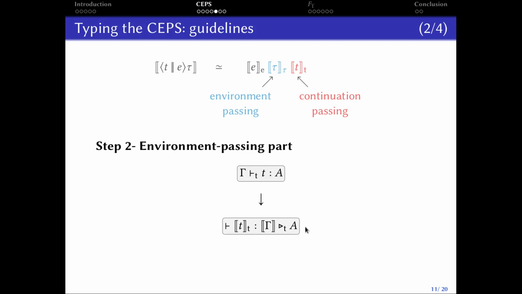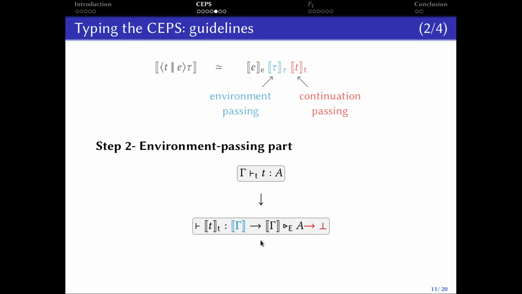So let us write this translation here with this new notation, and the index t is saying that we are translating at the level of terms rather than context, values, and so on. So if we unfold, t is waiting for a substitution, an environment of type gamma, and then a continuation of type A under the translation corresponding to the context gamma, and then returning bottom because of the continuation passing part.